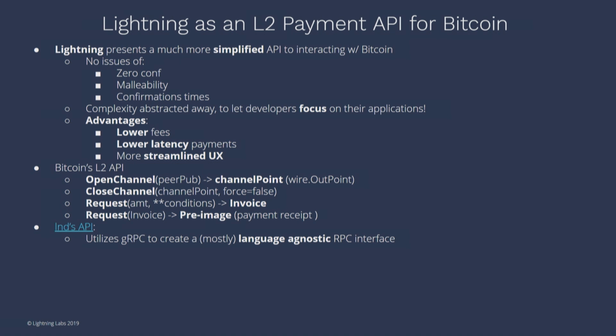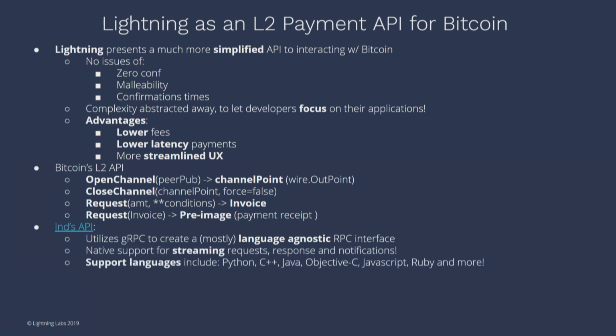And one of the things I work on is this implementation called LND, and LND has this API. It's a superset of what I have right now. You use something called gRPC, and gRPC is basically where you can interact with LND using a language agnostic RPC interface itself, right? It supports a bunch of different languages like Python, Java, C++, whatever else. This is really cool because all of a sudden now you can interact with Lightning more in the core of your application. So it's more embedded in your business logic, right? So rather than maybe calling some HTTP request or whatever else, you have a raw object that you can interact with to send payments or whatever else.